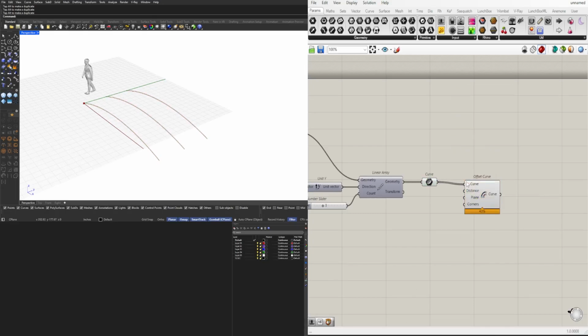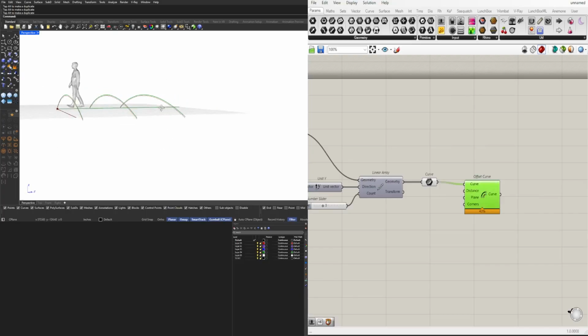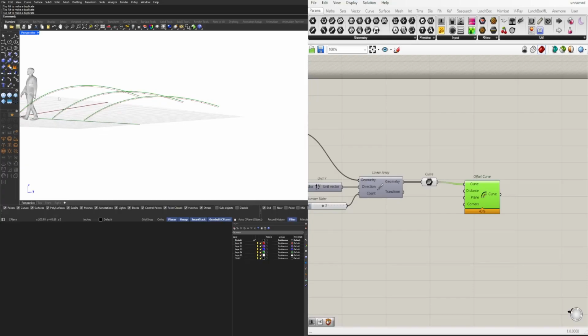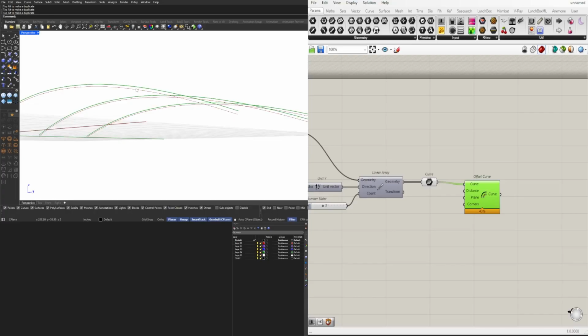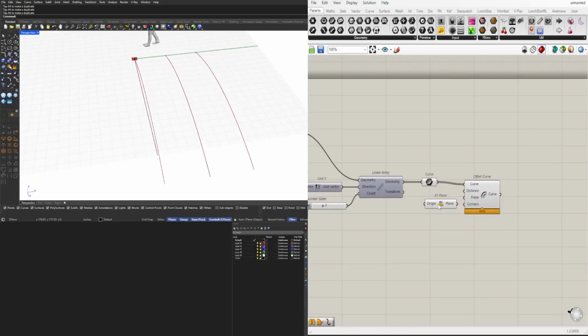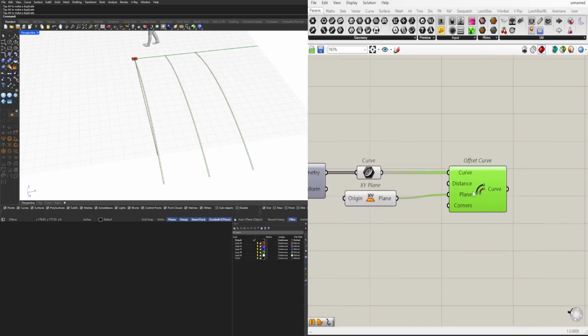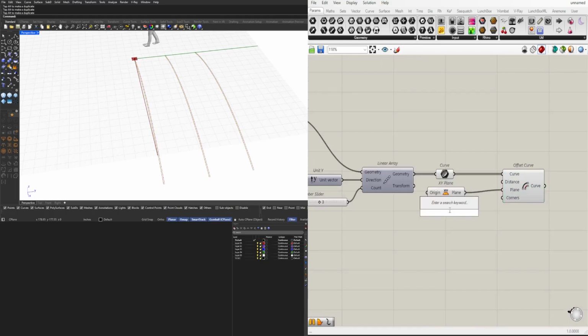this curve. Now when you offset it, it tends to go up and down because it looks at the plane that creates that curve as the way that it's going to offset it. So we need to change that to an XY plane, or a plane that is located horizontally. We can use this as the plane input, and now offset this by, let's say, 3.5